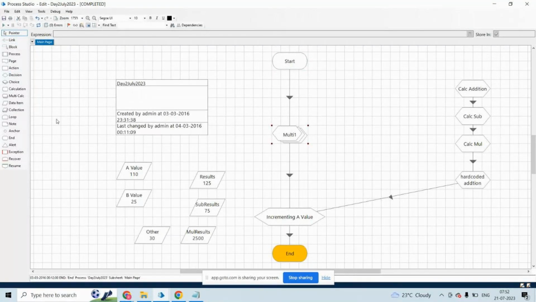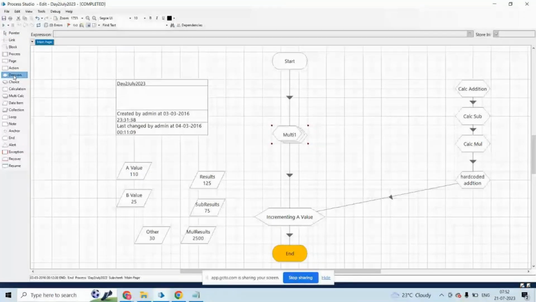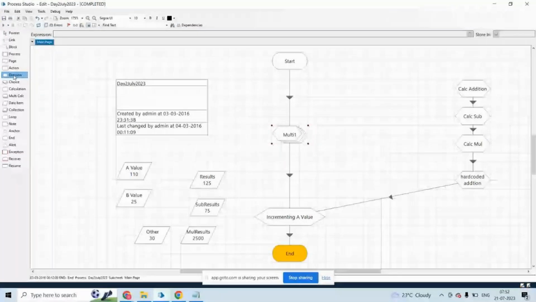Okay. Now I am going to discuss the decision stage. What is the use of the decision stage? The decision stage first of all will give you the result as true or false. Based upon the true or false, it will go to the respective flows, or it will execute the respective flows. Okay. For example,